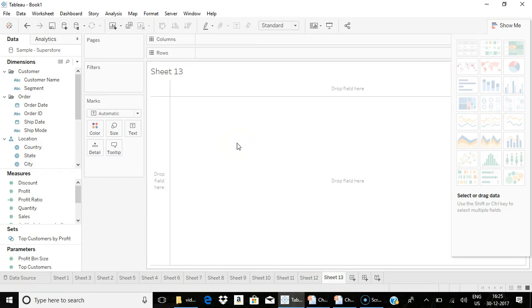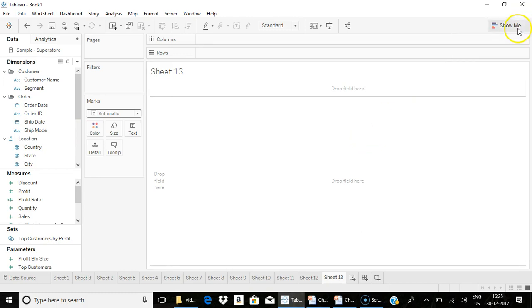Finally, map visualizations. Map visualizations in Tableau can be created based upon the geographical fields. As I said, you have to mandatorily have some geographical fields in order to create your map visualizations. So we have two types of map representations in Tableau, that is symbol maps and filled maps.